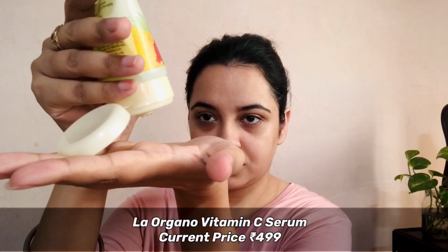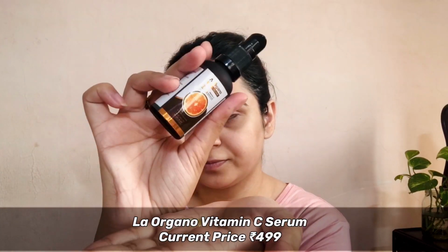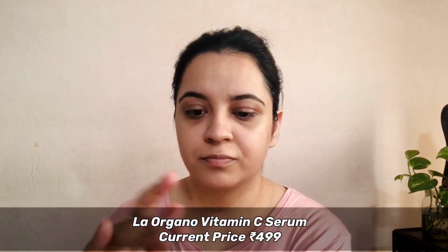But if you are fine with that then you can definitely go with this aloe vera gel. So I take a pump of this aloe vera gel and take 1 to 2 pumps of this vitamin C serum, mix them properly and then apply it all over my face. पूरे फेस को और नेक एरिया को कवर करने में हेल्प कर देता है 1 से 2 पंप। दैट्स इट, दैट्स ऑल यू नीड ऑफ दिस सिरम। 1 से 2 मिनट आप उसको दीजिए एंड लेट इट एब्जॉर्ब इनटू स्किन